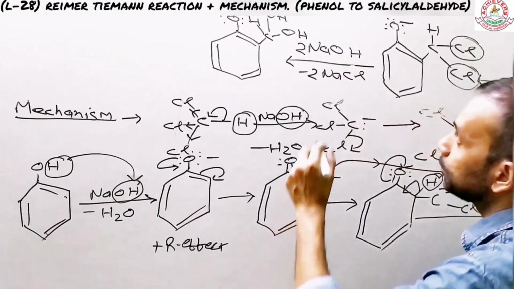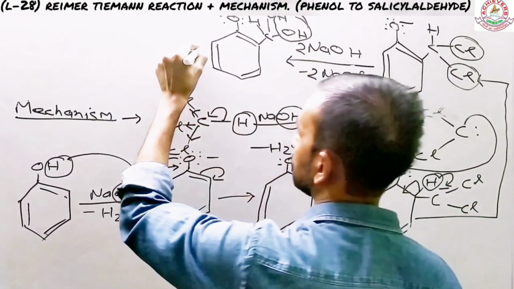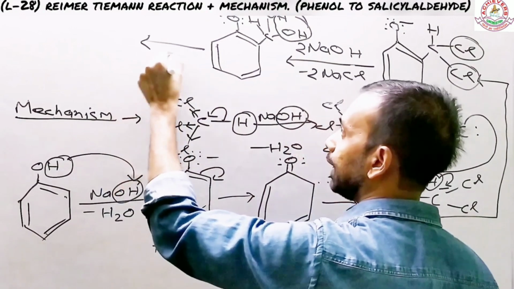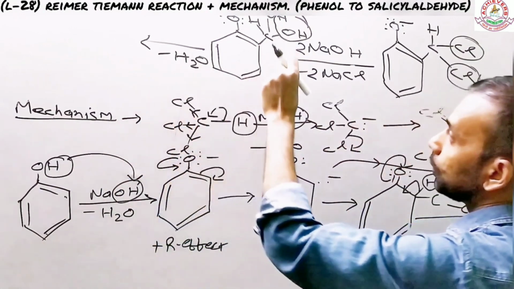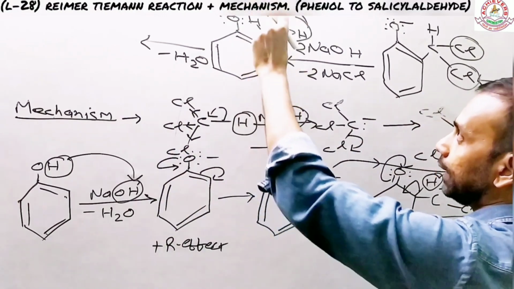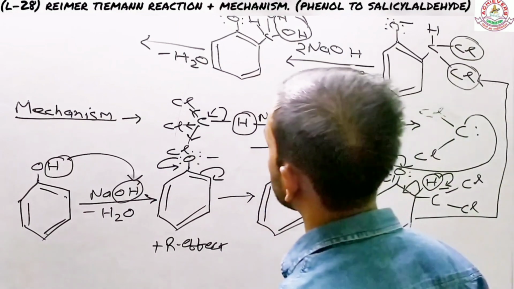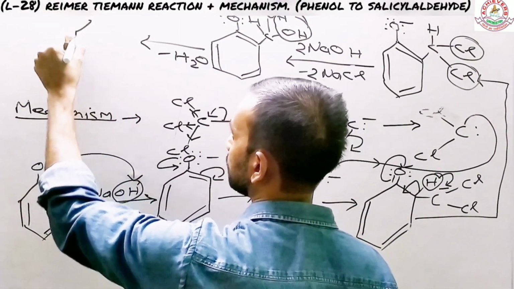So it results in elimination of a water molecule. So what is happening here? H2O is coming out, and as the H2O is coming out, this oxygen will develop a negative charge. By doing so, it restores a pi bond between carbon and oxygen, and you get your product, almost your product,